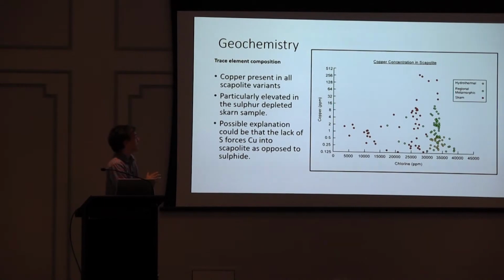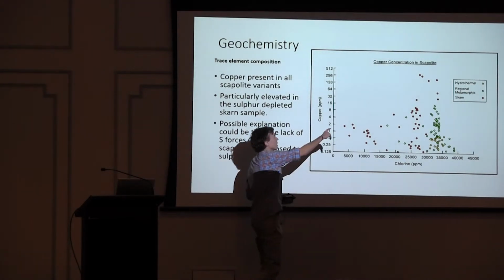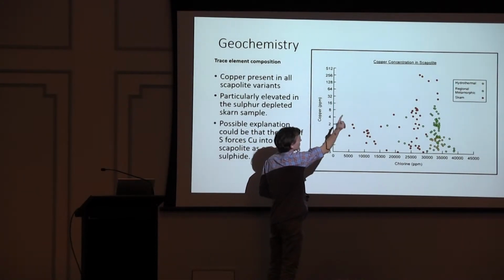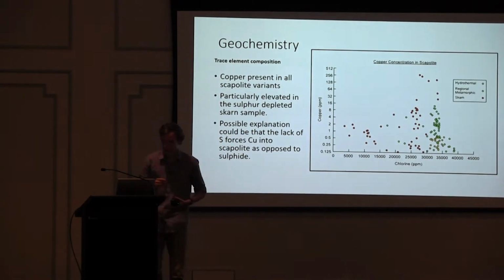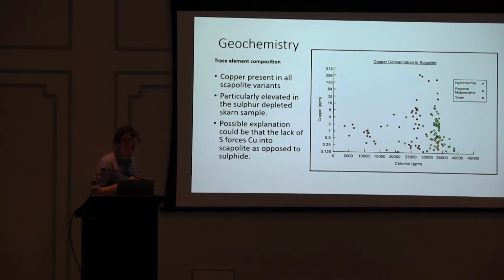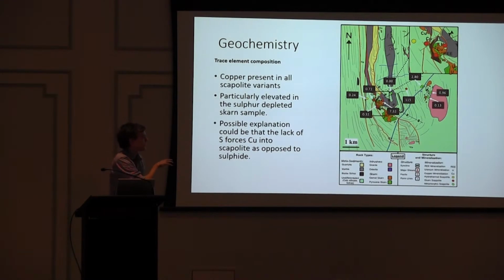So if we move from the major element chemistry to the trace elements, we wanted to look at copper, of course, to see if we could indicate the presence of fertile fluids. And what we found was copper's present in all the generations of scapolite, so skarn, metamorphic, and hydrothermal. However, this is a logarithmic scale on the Y, and there are 7 or so values which are particularly elevated compared to the rest. And if we, again, map these values, what we find is surrounding the Elaine Dorothy,